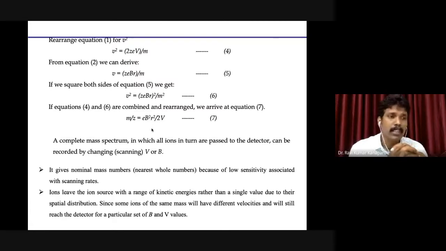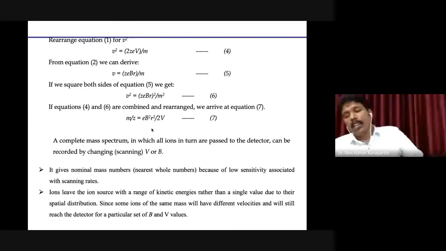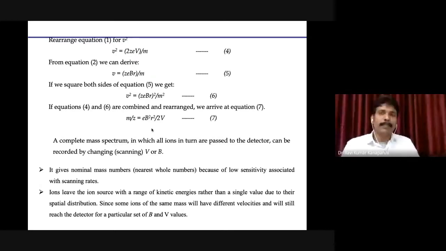The fractions are something that up to two digits or three digits, if it can give the molecular mass, then that is something that we can interpret, and from there we can derive the molecular formula. But however, they don't give. These single focusing analyzers give only whole numbers, the nearest numbers. That is one problem.